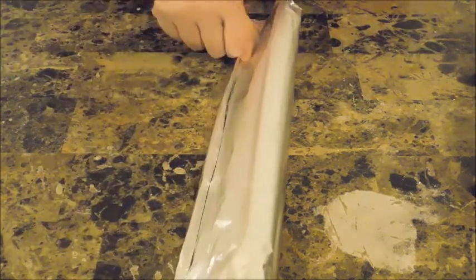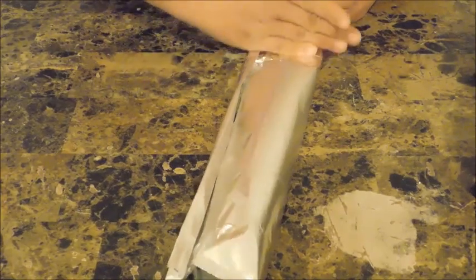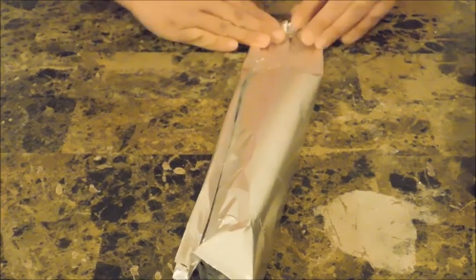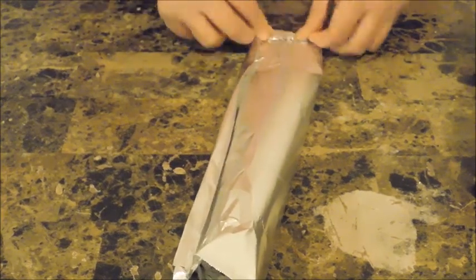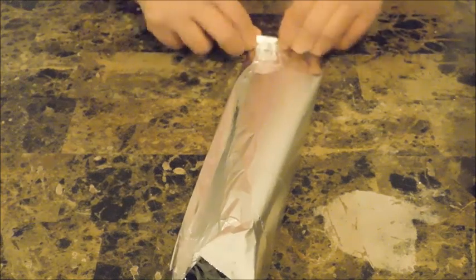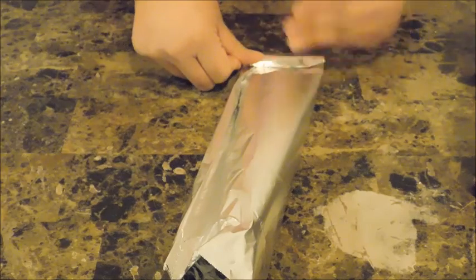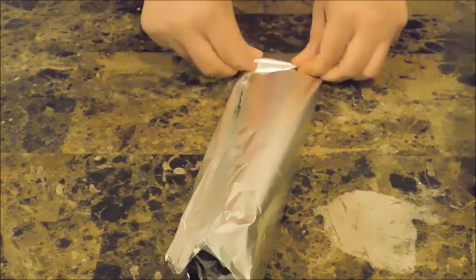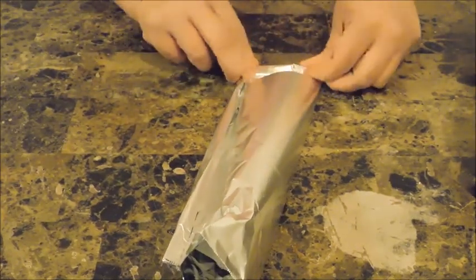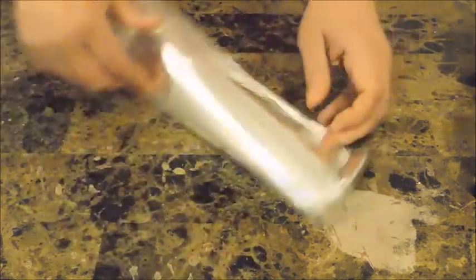Then, working either way that you like, I'm going to work this way. I'm just going to push it so it can be lined up in the middle. And we're going to do the same thing here. Just folding it and folding it. Alright, with the pressure of this, it's going to line it up. So when you do the last part,